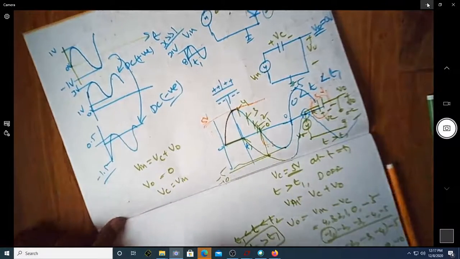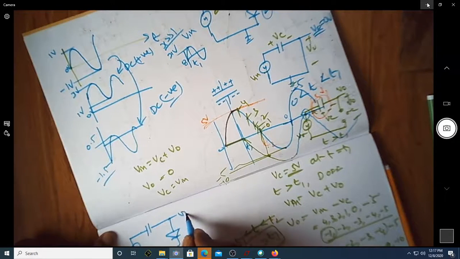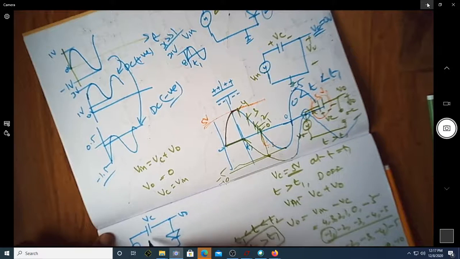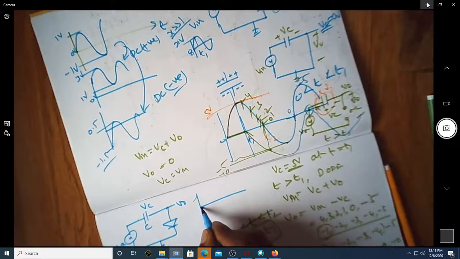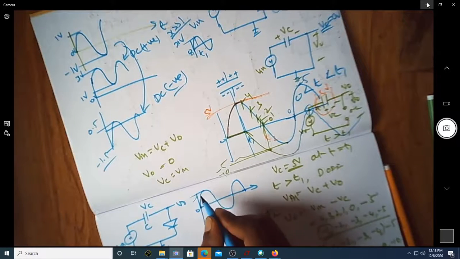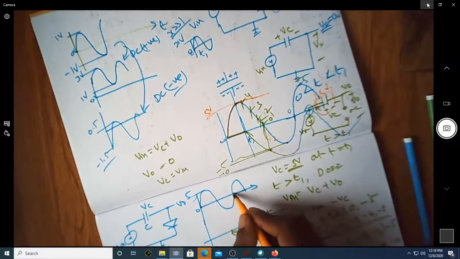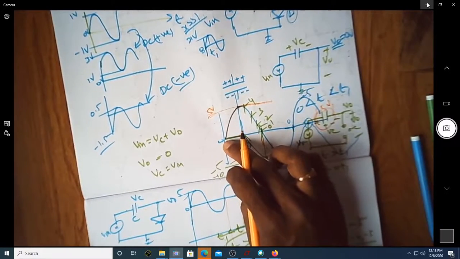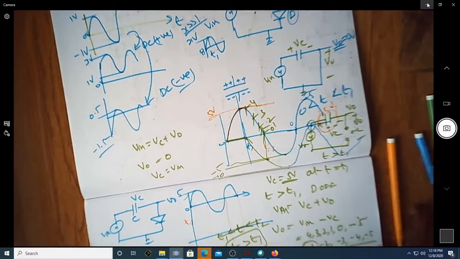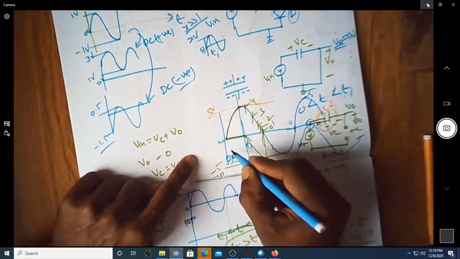So in this particular circuit, if you have a circuit something like this, this is V0, this is Vin, this is Vc, a capacitor. So what is the result of this circuit? Suppose you apply an input voltage which has a zero offset voltage, if it is 5 volt, the output will look something like this. I'm not drawing the first cycle, so this is exactly how it happens from the starting first cycle. If you assume you are already in the nth cycle, so this is already maybe 10 milliseconds. Assume that if it is 0 second, this is how it happens.